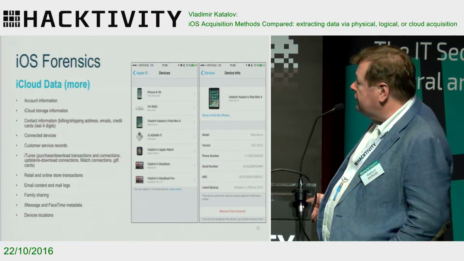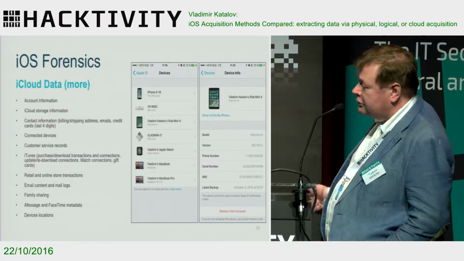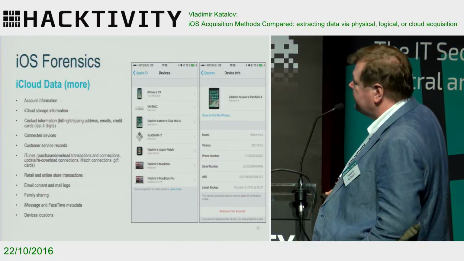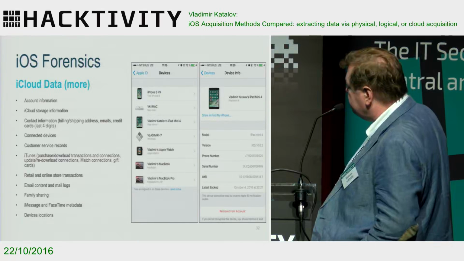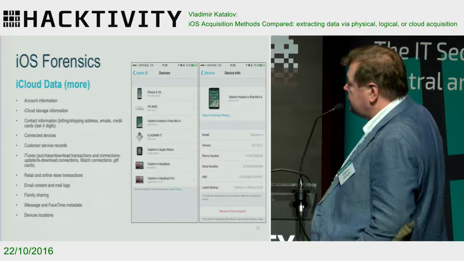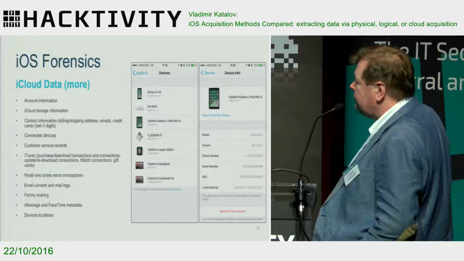The information on the connected devices, you can see it now on the iPhone. You can go to the Apple ID and see all your devices that access your iCloud account, including both Windows and Mac computers, including the serial numbers, the phone number, the IMEI for the phone, and the date of the latest backup. Your cloud email, your retail and online store transactions, family sharing data, and recently discovered, the